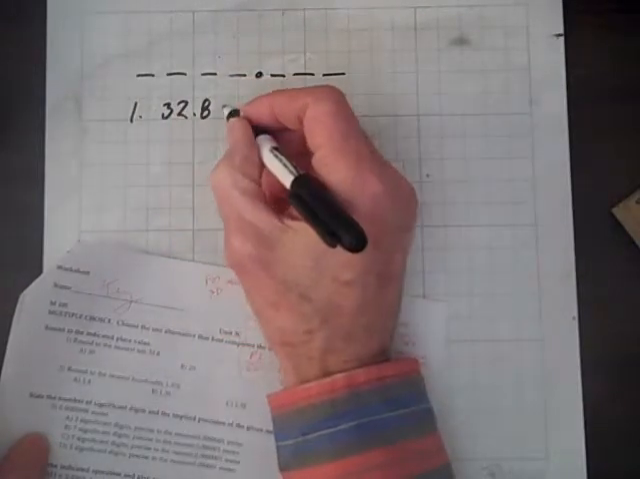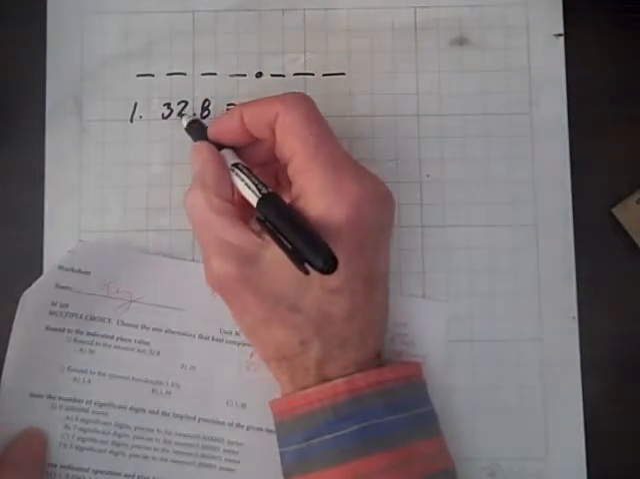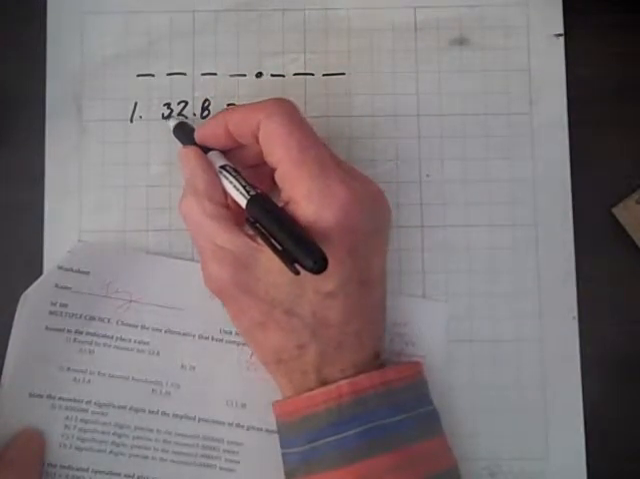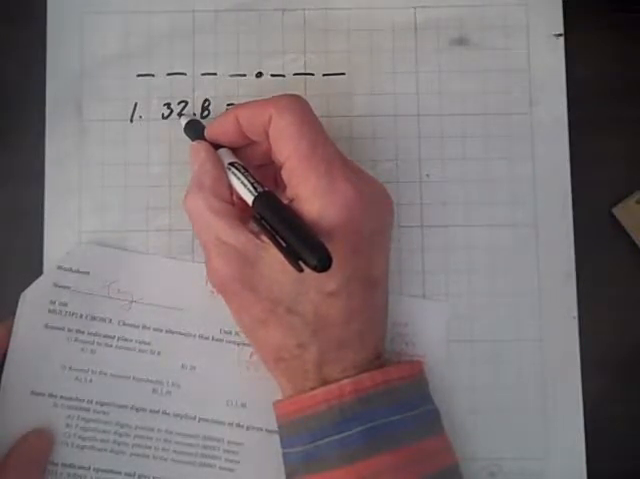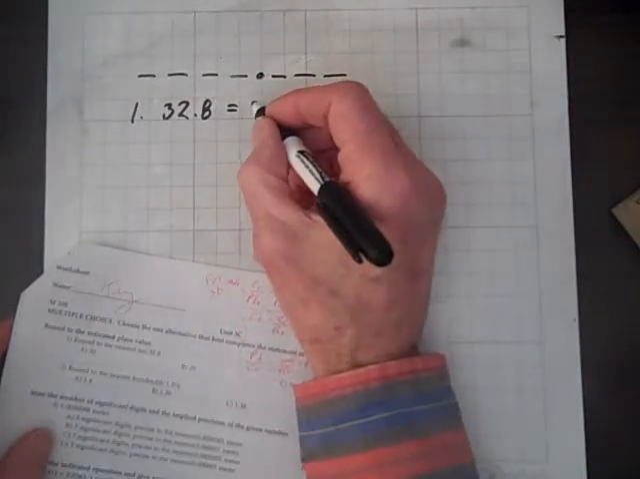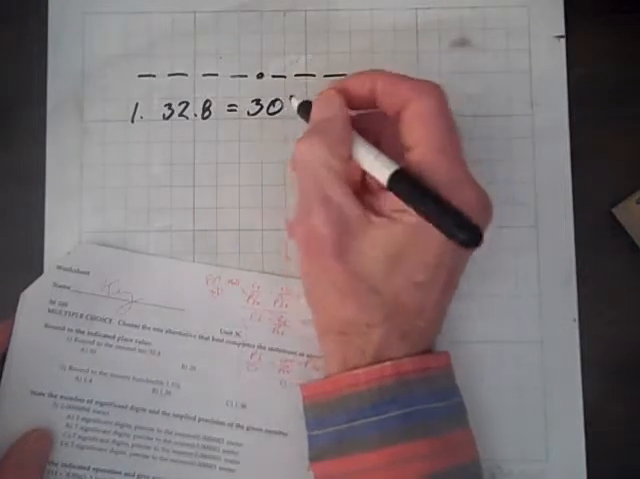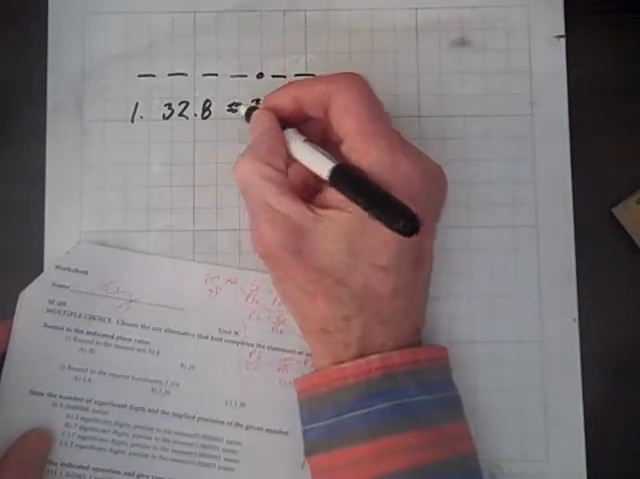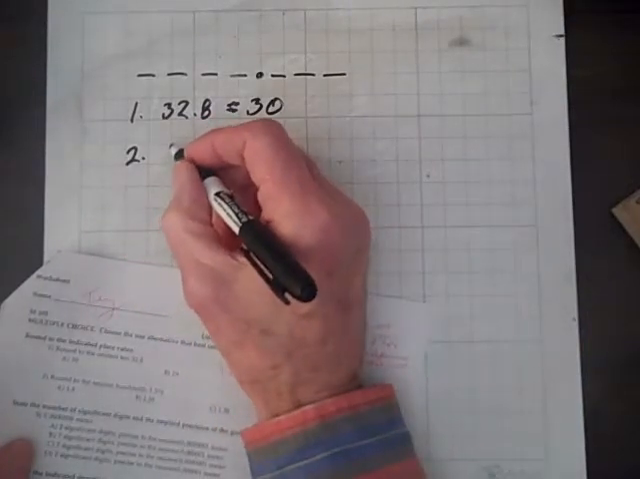332.8 to the nearest 10. So since the digit to the right of the tens place, the 2, is less than 5, we will round down to 0, and so we have 330, and that's an approximation. Now, for 2, we have to round